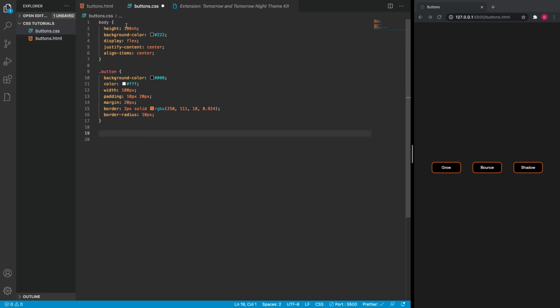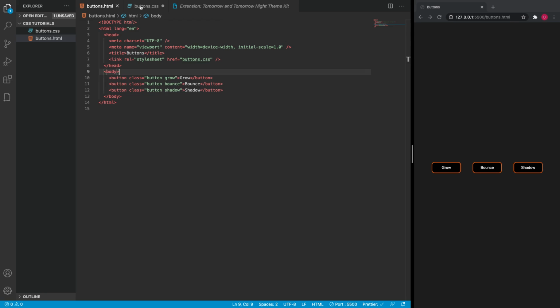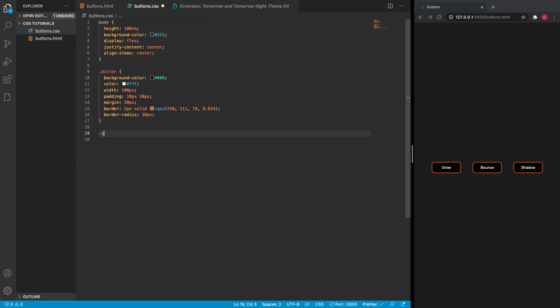And then the classes we chose were grow, bounce and shadow, so let's create them. Grow, bounce, and shadow. Let's start with the grow. What we're going to do is animate this button so that when we hover over it, it increases in size, but on an infinite loop, just to highlight that it is the currently